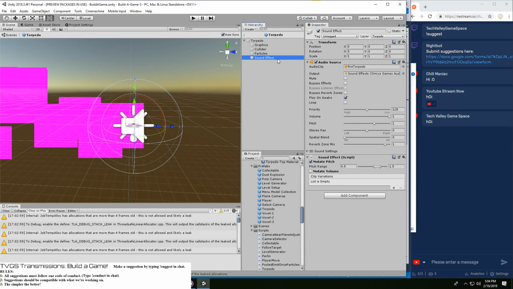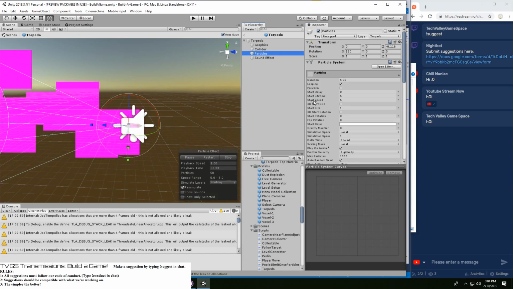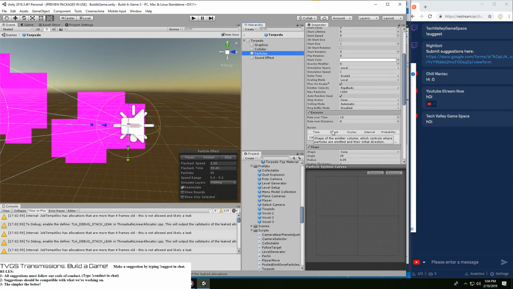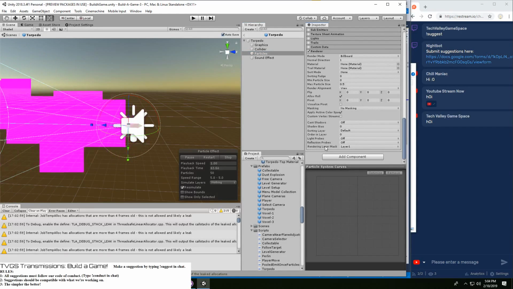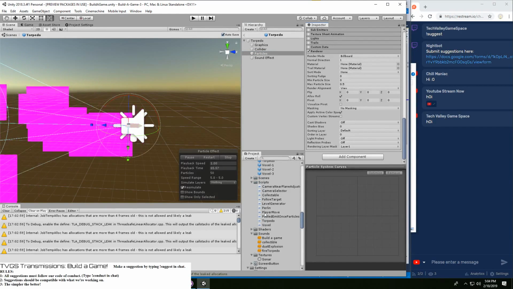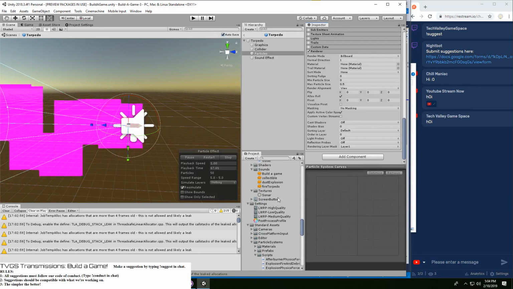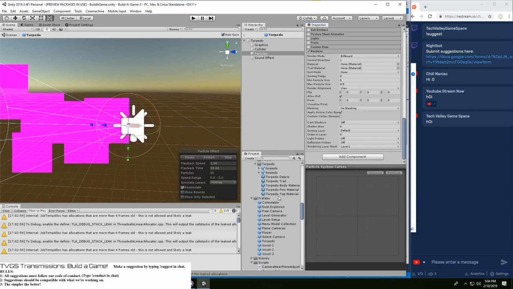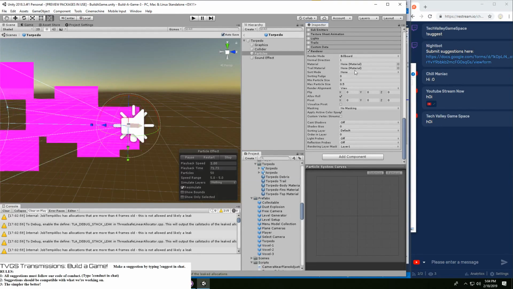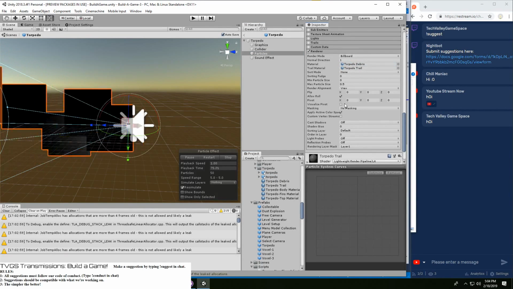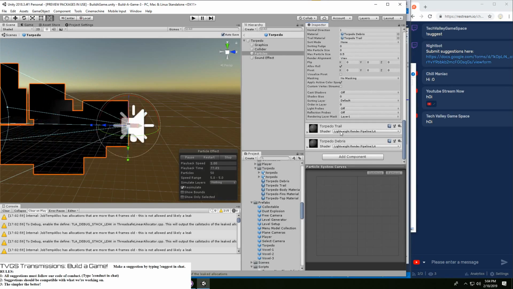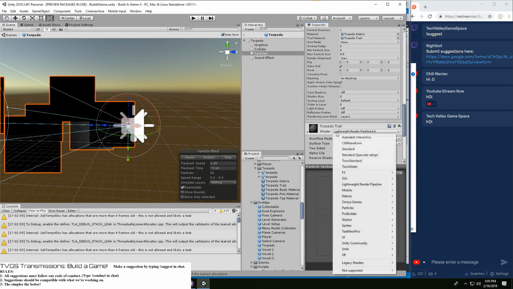The sound effect we already have set up, and we don't need it to be playing on awake, but whatever. Then particle system, this one is going to be more interesting because we are going to add a few more renderers. Billboard, that looks fine to me. Where is the particles? Okay, so the particle trail goes here, and a particle debris goes here, and it's not going to look well. That is not great, but it's fine.